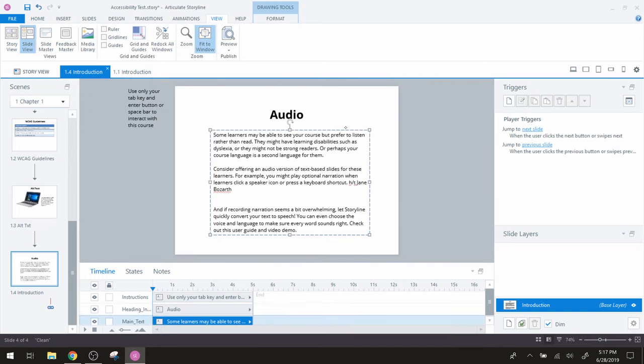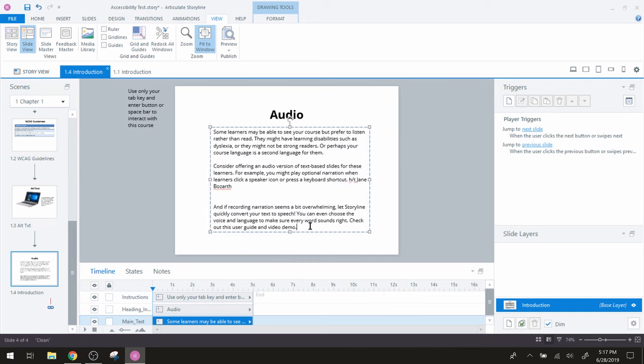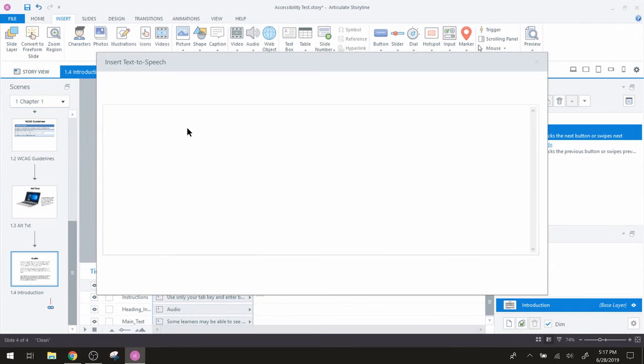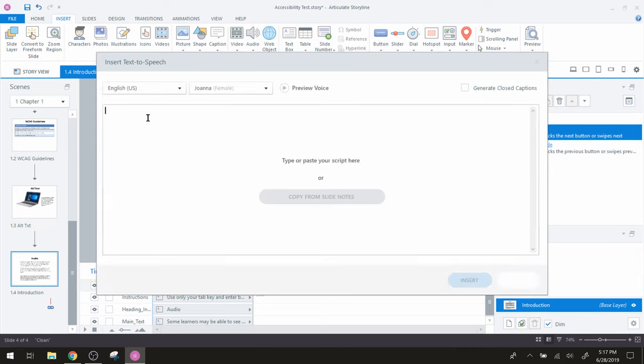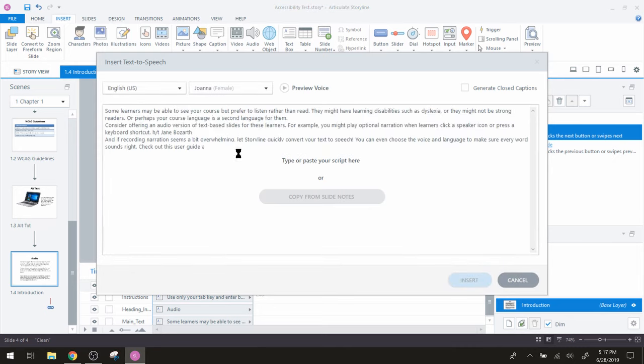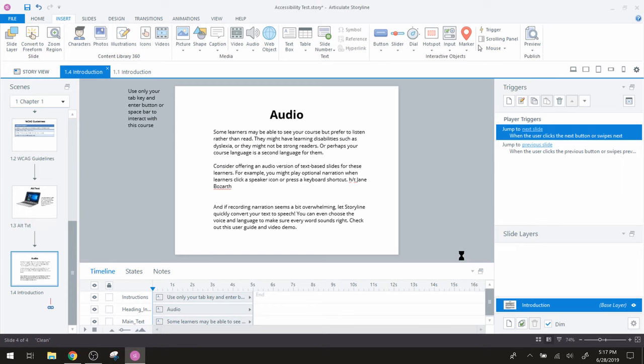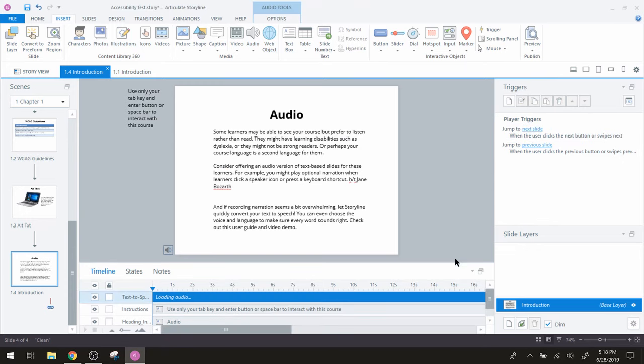So let's take this guy here and grab all the text, and we're going to copy it, and then we're going to go here to insert audio, text to speech, and we're going to enter our text to speech here, paste it, and we'll have Joanna read it, and we'll insert it here into the slide. It'll stay with this slide. Now it's part of the media library,